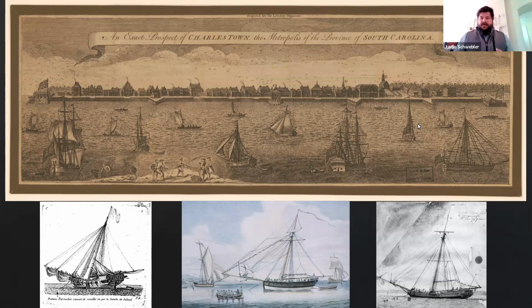As part of that, the Bermudian traders themselves are here operating. Yes, they're participating in the Atlantic slave trade, but they're also participating in the mercantile trade economy of the Atlantic world. So on the islands of Bermuda, that primarily consists of Bermuda stone, which we'll talk about shortly, Bermuda cedar. They're also going down to the Turks Islands, the Turks and Caicos, and to Barbados, and they're collecting